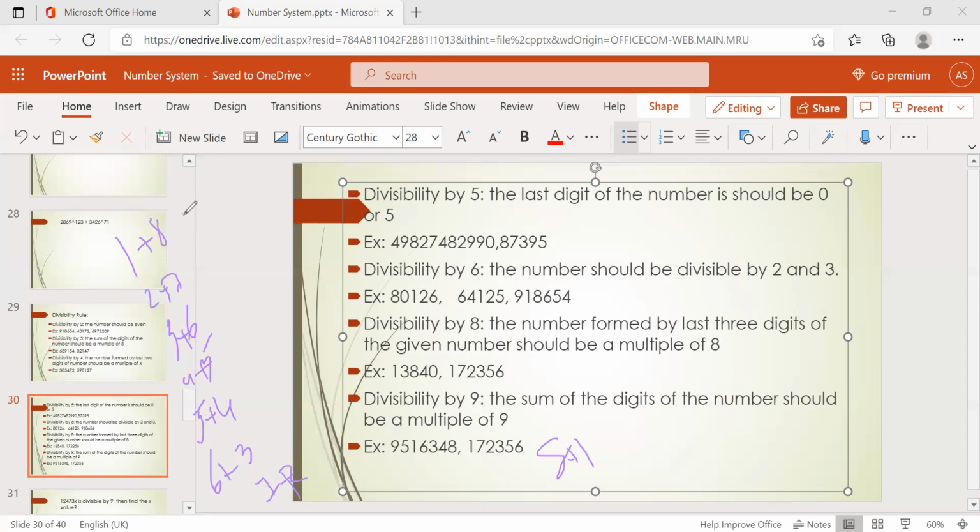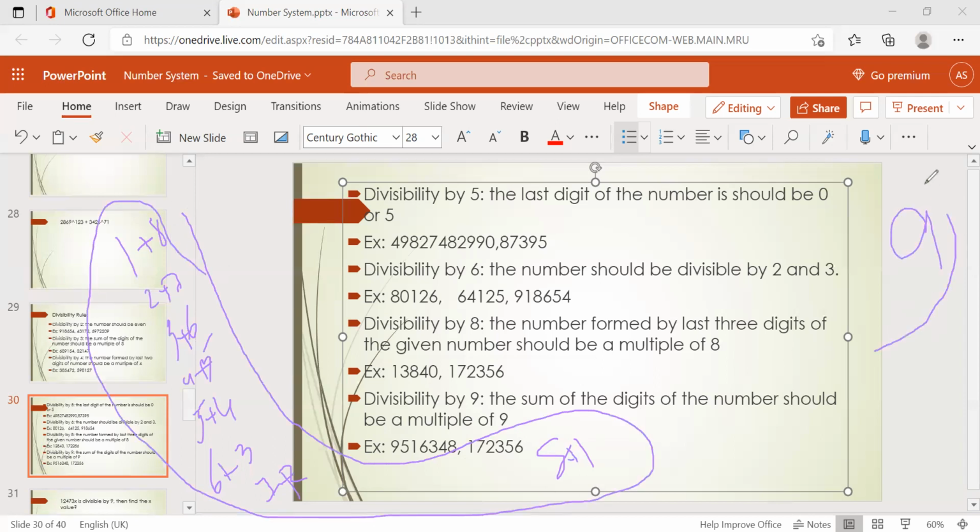So for every number, the sum equals 9. 9 is a special number in our number system, right? Even this number, we found the total is 36, and 3 plus 6 is 9. So this is the digital sum. We'll check this concept in the next classes. So if the digital sum is 9, then the number is divisible by 9.